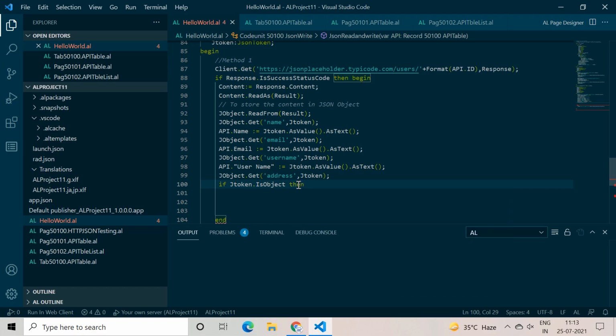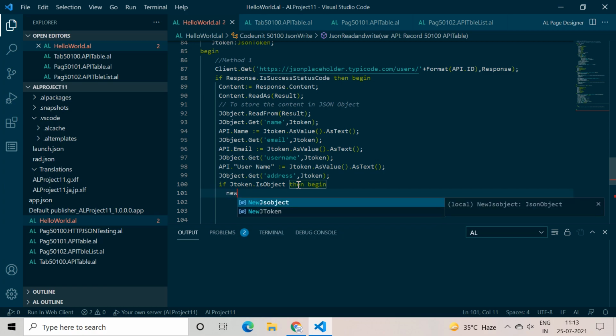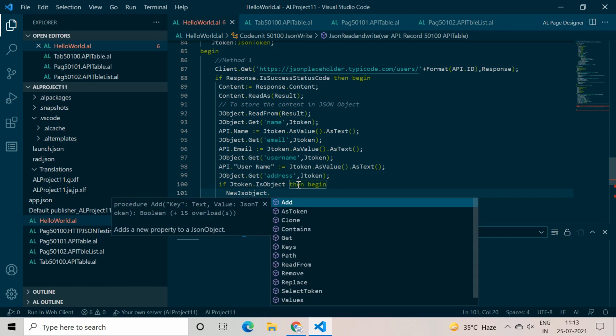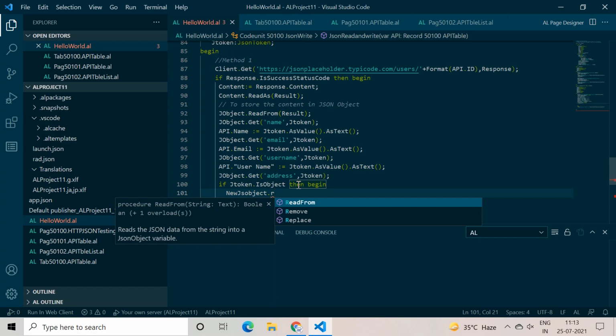Okay, so let's type that if it is JSON object. What we can do now is type new JSON object dot read from.